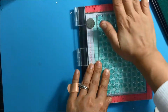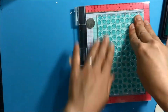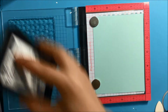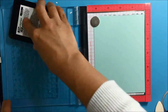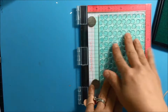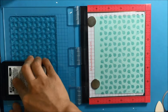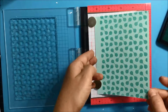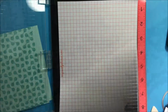You notice that on the side I have a little bit of an unstamped part, but that will be cut out when I cut my background. So this is the last one, and in the meantime I'm leaving those to dry, because I'll do some embossing with white embossing powder, and I don't want that white powder to stick onto the wet background. So in the meantime I let those dry, and now I have positioned my images from the Truth Is